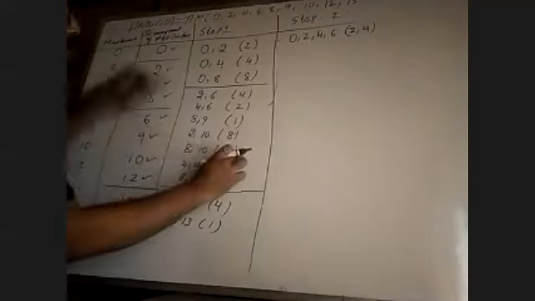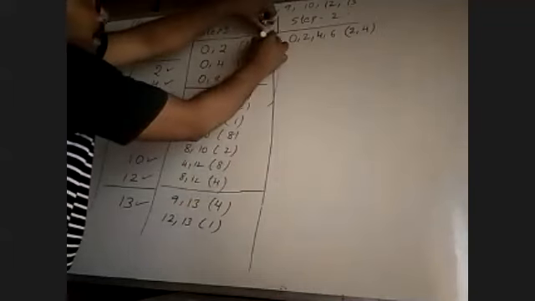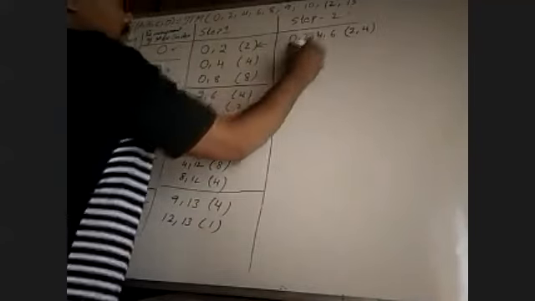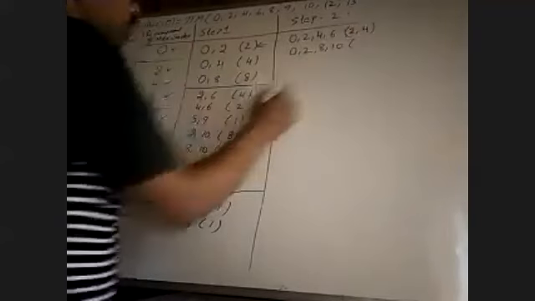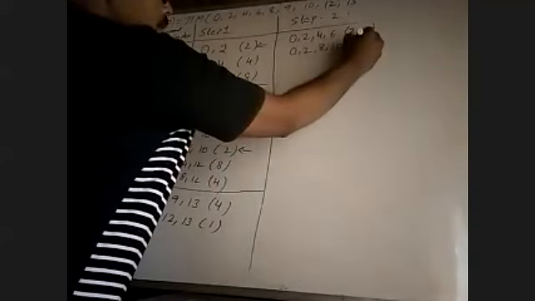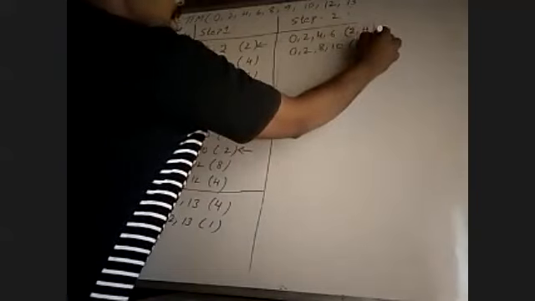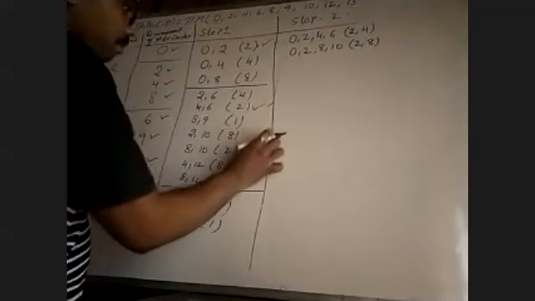Next, again there is a 2: 0 to 8 10. We compare these two numbers. The differences are identical. We can write 0 to 8 10. The minimum difference is 0 minus 2, the maximum difference is 8: 2 comma 8. We have completed this, this and this. Write a tick mark here.